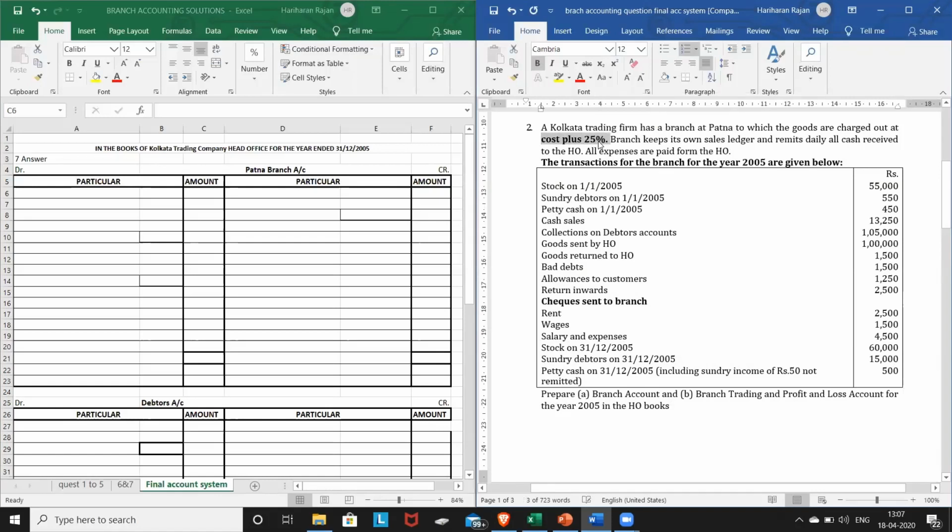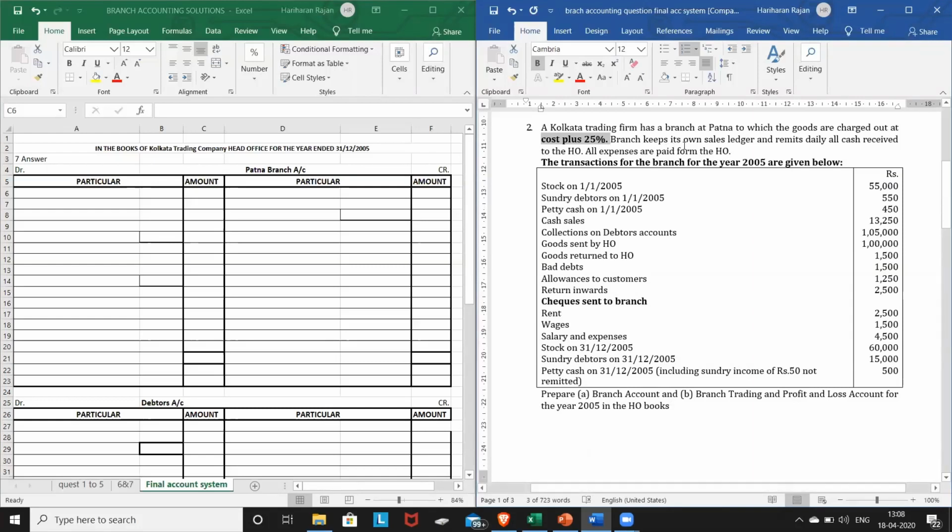You remember we have discussed problems on cost plus profit. We have also discussed problems on invoice plus profit. We've also understood the theory of branch accounting, and we have also solved simple problems on branch accounting, which you can find in various parts, that is part 1, part 2. If you don't know where it is, you can always look into the description. There's a link attached. You can click on the link to understand specific problems on cost plus profit also. So let us continue with the question.